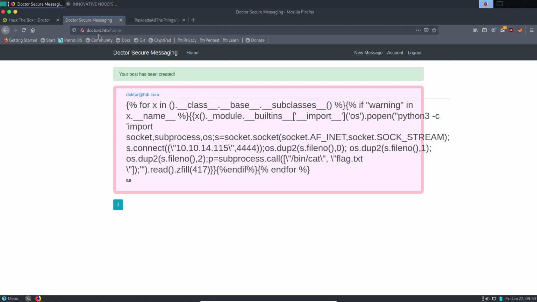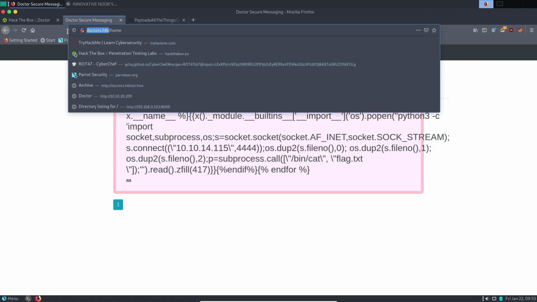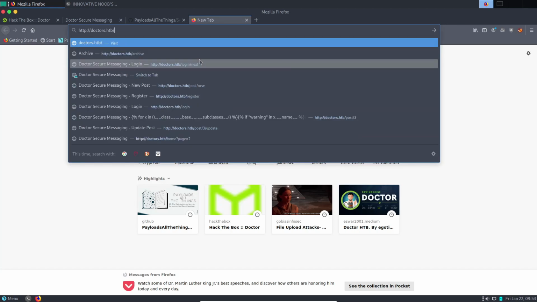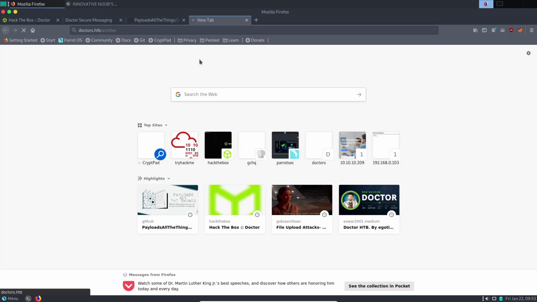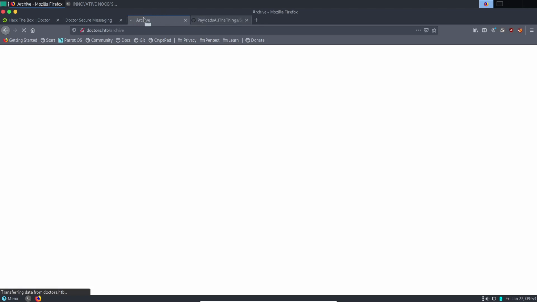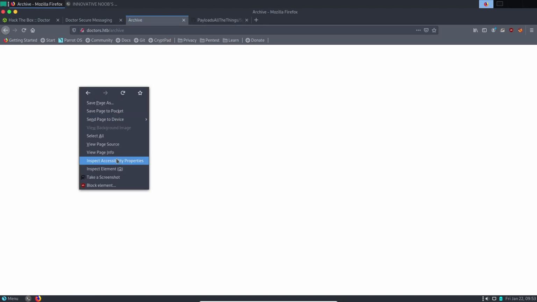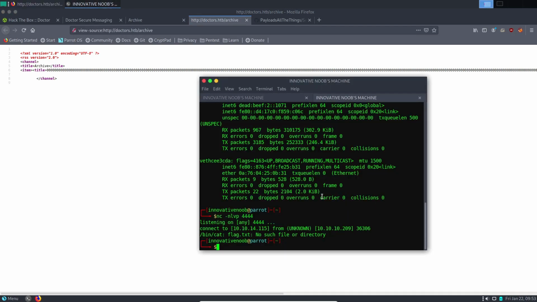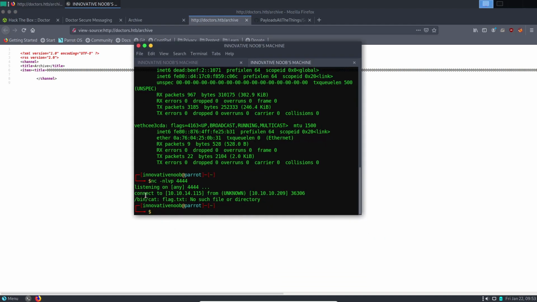To trigger it, we need to go again to /archive and view the source code. Now probably it should have, yeah, see, it made a connection